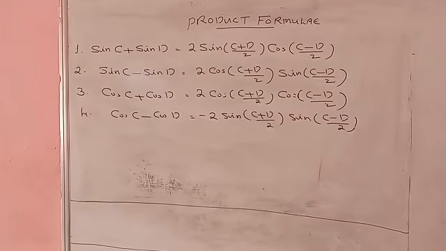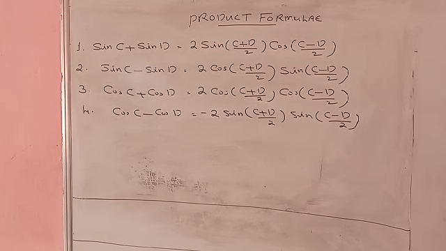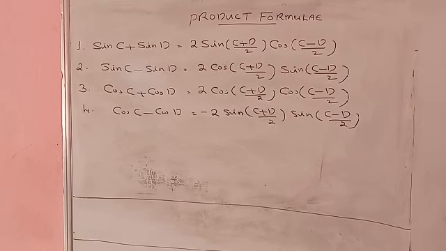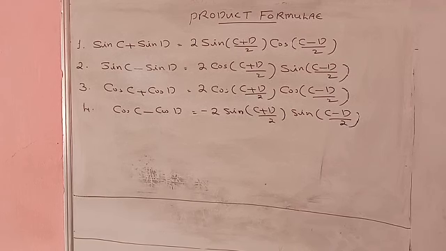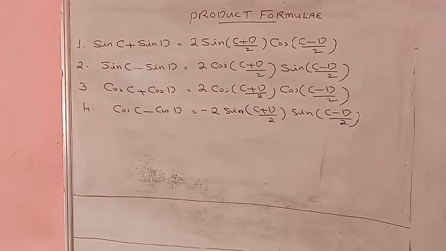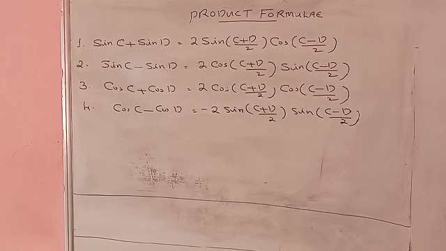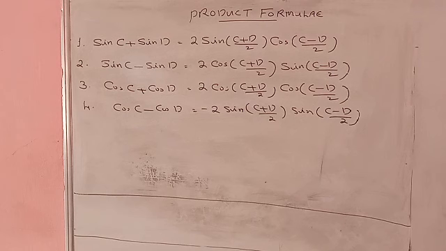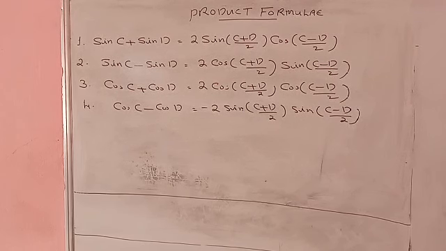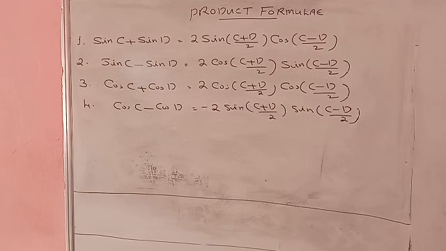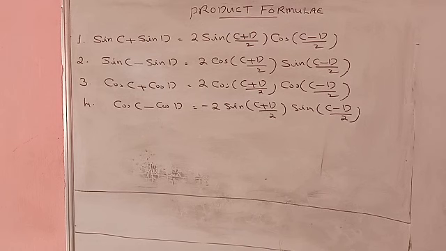Hello students, in the last class we studied 4 results in the product formula topic. The first result is sin c plus sin d, that is addition of two sine functions. The result is 2 sin (c plus d)/2 into cos (c minus d)/2, and the second one is sin c minus sin d, that is the difference of two sine functions, which is equal to 2 cos (c plus d)/2 into sin (c minus d)/2,